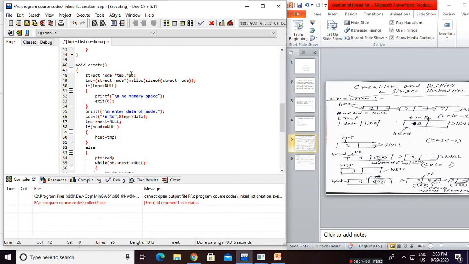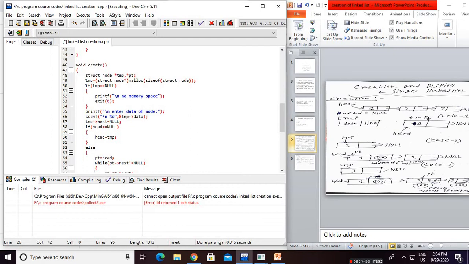So we are basically typecasting. This is a void pointer and we are typecasting it. Now the address returned by malloc as a void pointer is converted into the struct node type pointer. In simple terms, just think that for our new node, we use this temp pointer, created for and pointing to the new node.